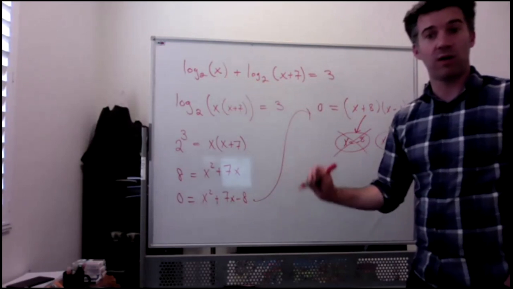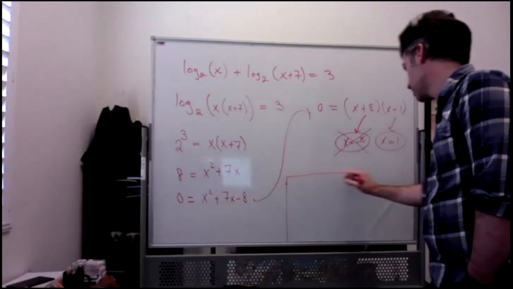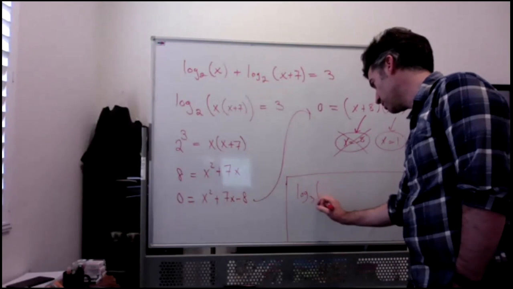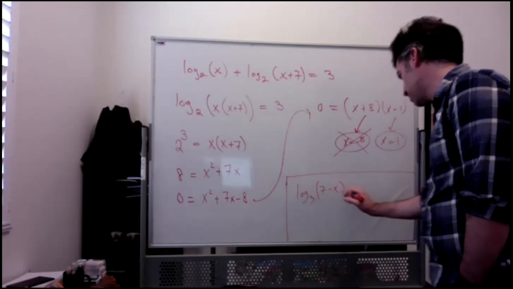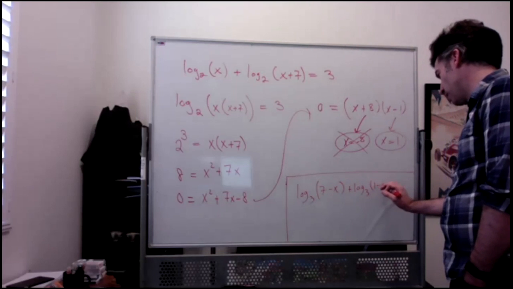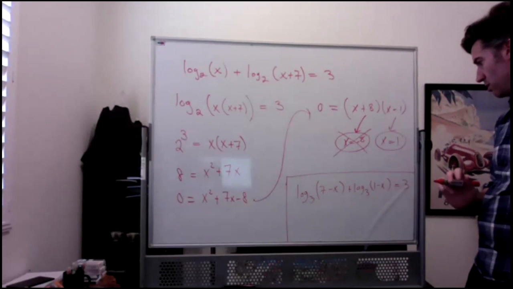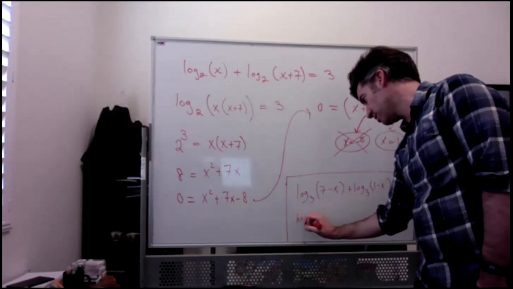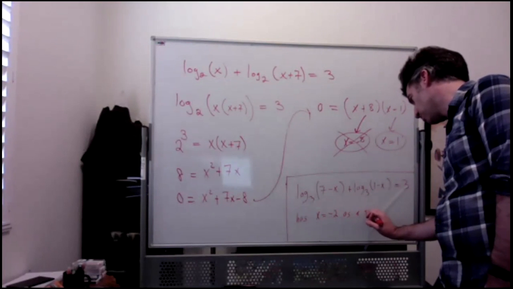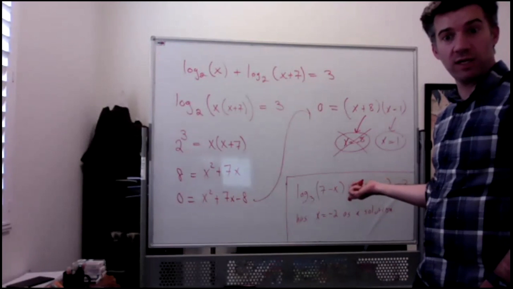So here's one you can work on your own at some point that we're not going to do right now. But I will tell you that this equation, log base 3 of 7 minus x plus log base 3 of 1 minus x equal to 3, has x equal to -2 as a solution. I think you should do that problem on your own when you have a chance, but I really want to